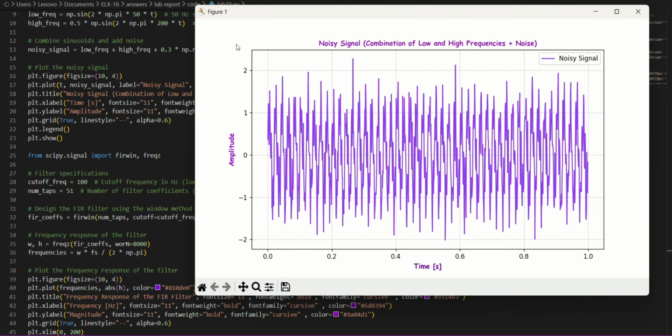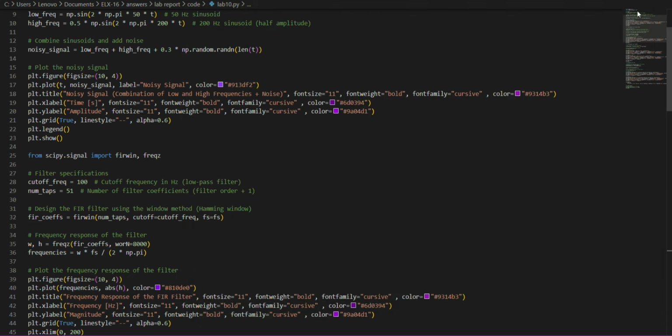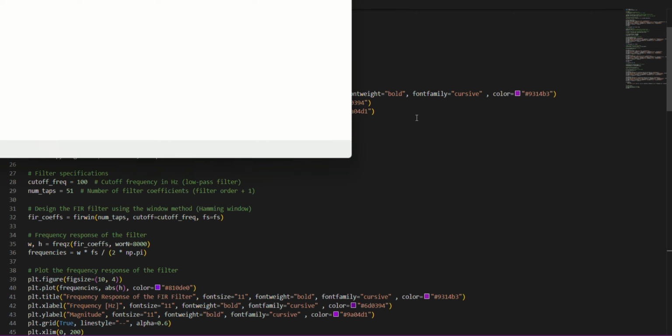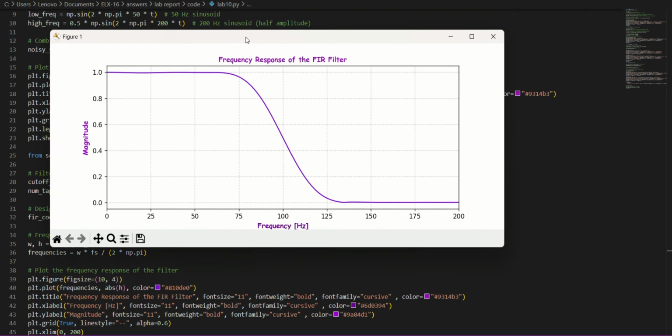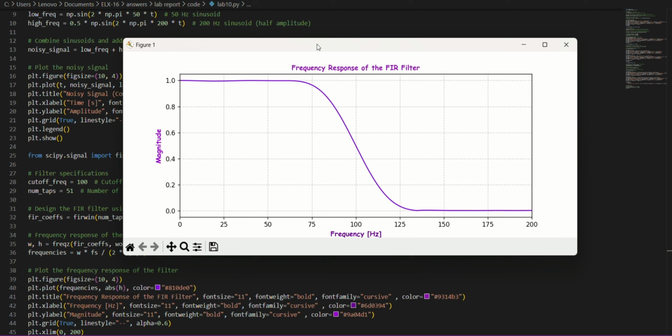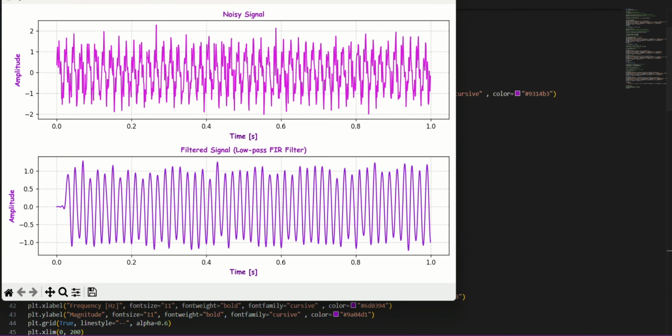Next, I design the FIR filter. I set the cutoff frequency to 100 Hz, which means frequencies below 100 Hz should pass through the filter, while frequencies above 100 Hz should be attenuated. I also specified the number of taps as 51, which determines the filter length and directly affects how sharp the filter transition will be. Using the firwin function with a Hamming window, I design a low-pass FIR filter, and obtain